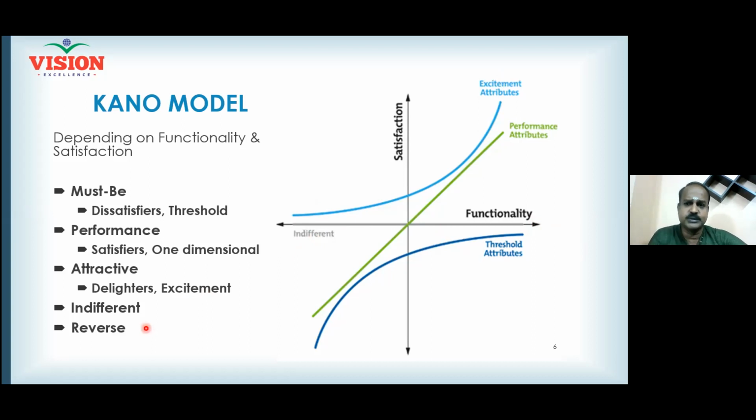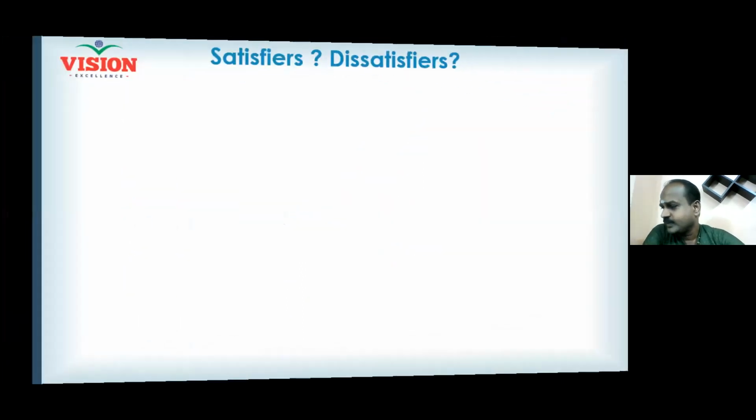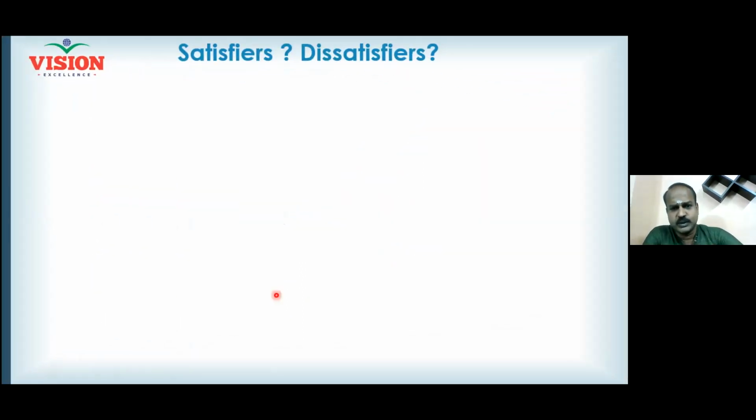It is very important you remember all the terminologies and the jargon associated with product development. When I say must-be features, these are called dissatisfiers. These are also called threshold features. Similarly, the performance features are otherwise known as satisfiers, also known as one-dimensional features, right? Attractive features are sometimes called delighters, also called excitement features, right? So these are all almost the same. Now we'll see them one by one. And now I used certain words, satisfiers,